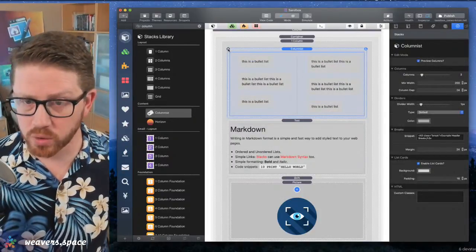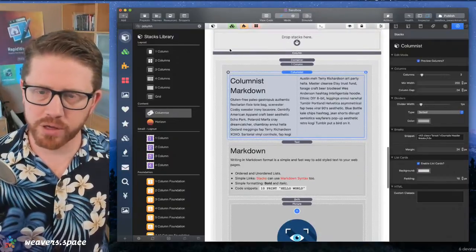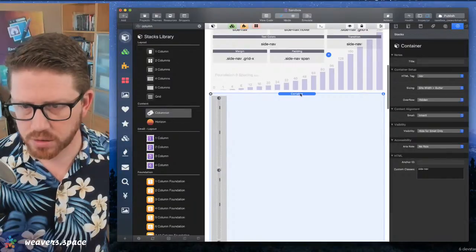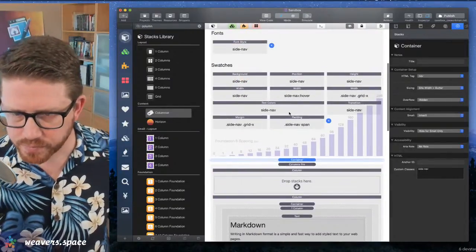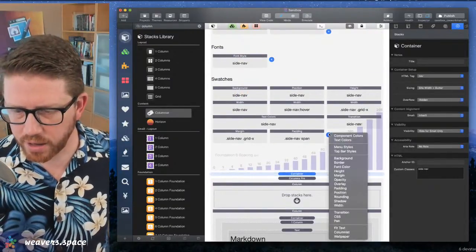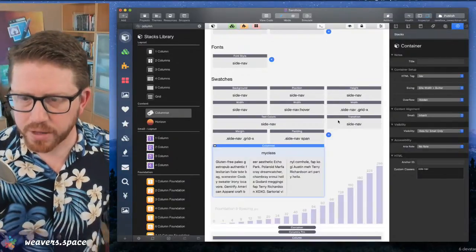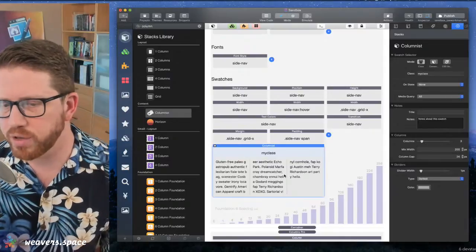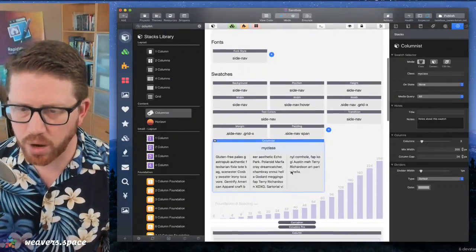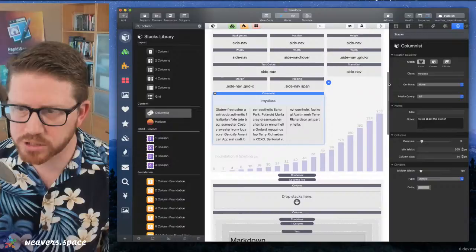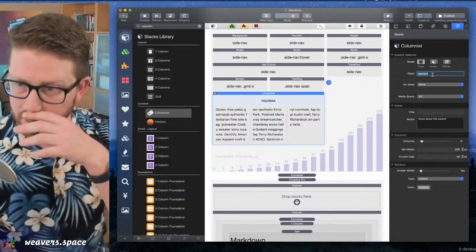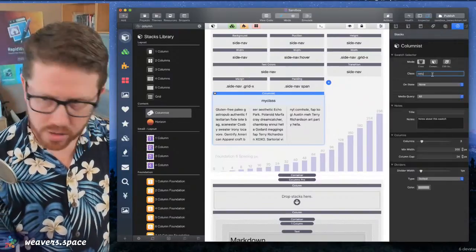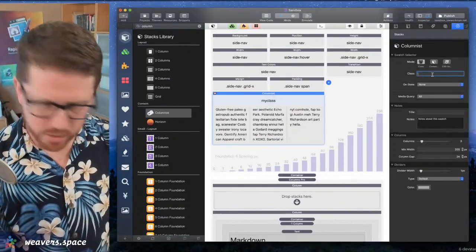Now, if that wasn't cool enough, what you'll notice is, if you have Foundation 6, let me shrink that, we now have a Columnist swatch. Ta-da! What's kind of cool is it gives you a little preview directly inside the swatch. So you can go inside this Columnist and go ahead and give it a class, right? So let's target all, let's call it